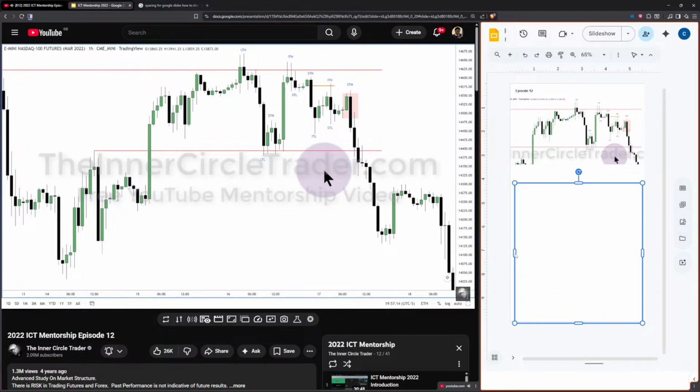It's teach me bias. In other words, you want to know where the market is going next. And that's good. That's the next draw on liquidity. But the daily range will not always submit to that bullish or bearish, right from the opening go higher or right from the opening go lower.